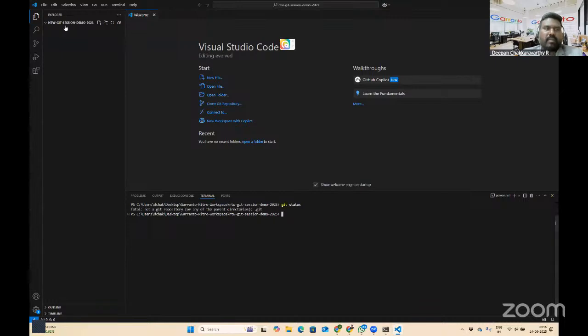So right now I'm in my project and it says not a Git repository. Now how do I enable Git in my project? Whatever changes I make will not be tracked; it would have to be tracked manually. So I want Git to track these changes, so I need to convert this into a Git repository. The command git init is the one that converts a normal project into a Git repository. Now we get something like initialized empty Git repository, meaning this is now a Git repository.